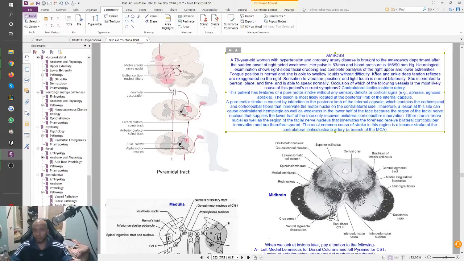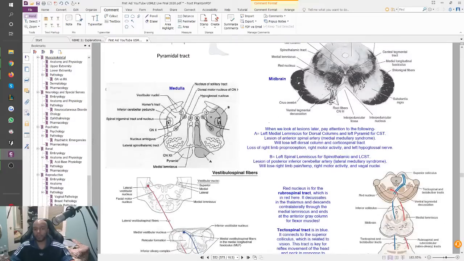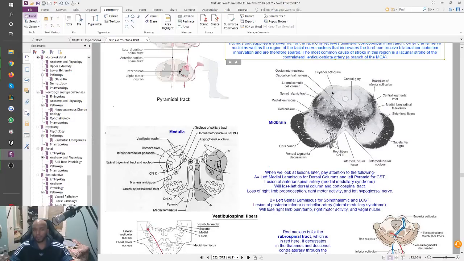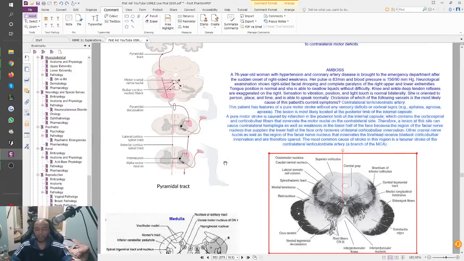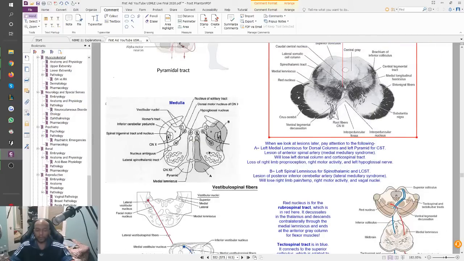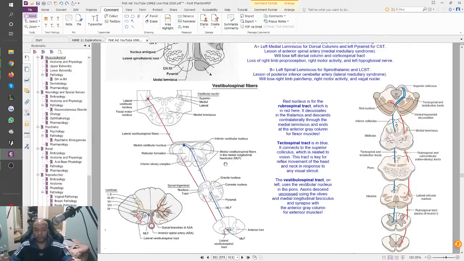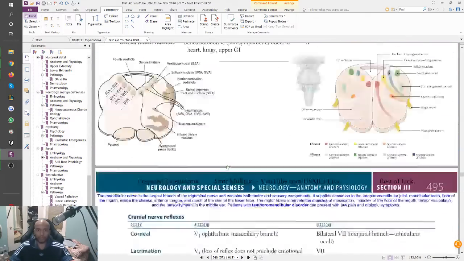I think this is one of those questions about that too. Right? A pure motor stroke. So again, you want to make sure you spend good time really getting a hang of different cross sections, whether it be the medulla or your spinal cord, what it looks like, and then of course later on things get even more complicated when they want to talk about the pyramids and where is it, the different tract lesions, right,